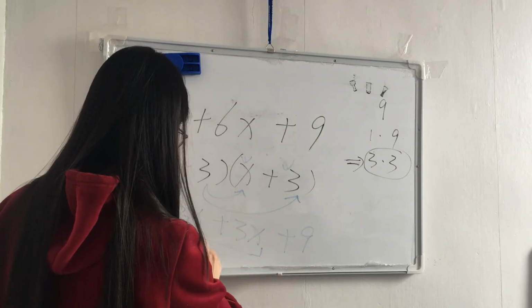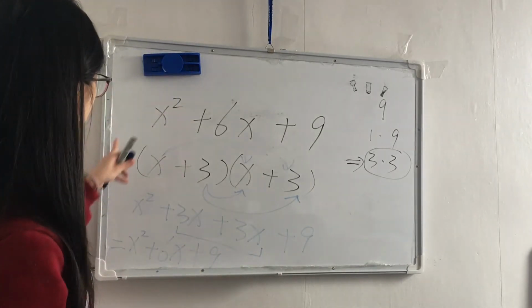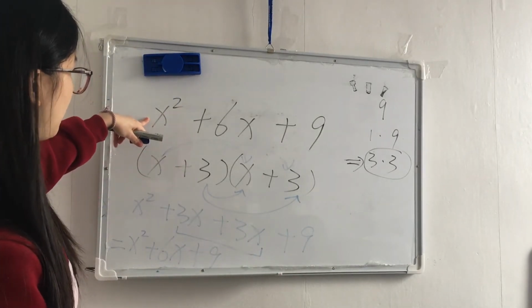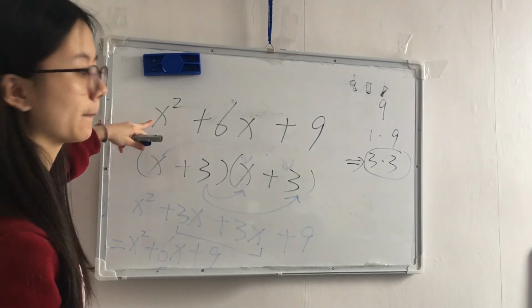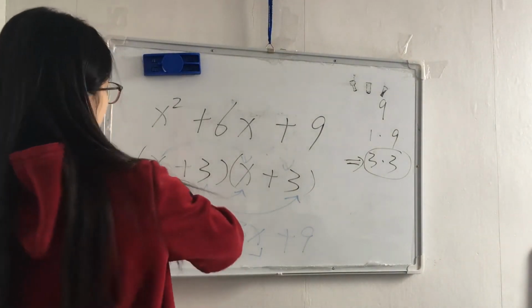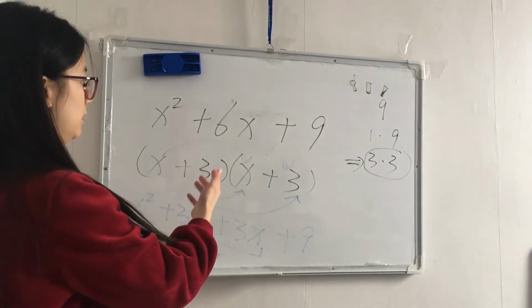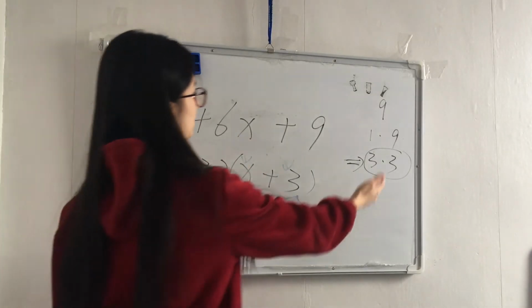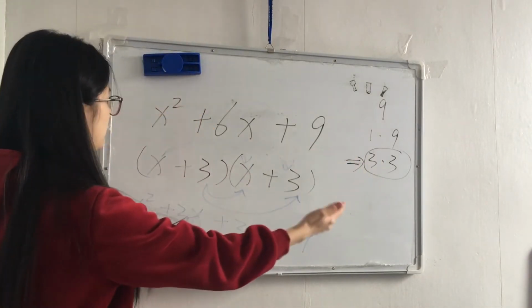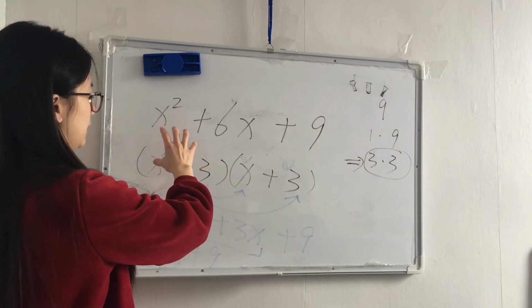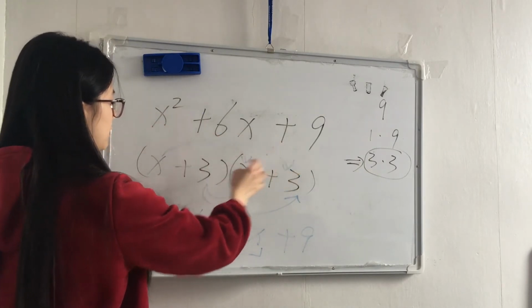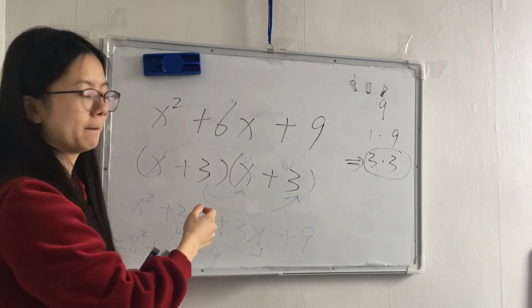And then the last number is 9. See, this is exactly the same expression as this. Okay? This is how we apply this strategy or method to write a trinomial expression in factor form when